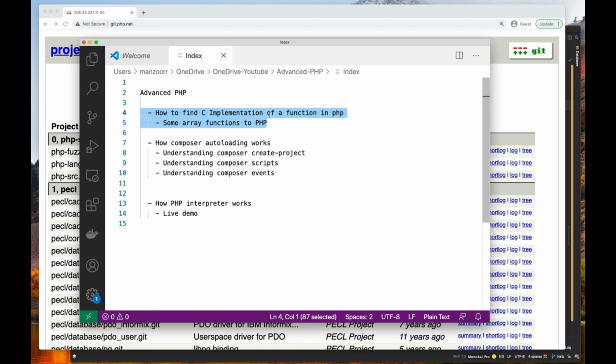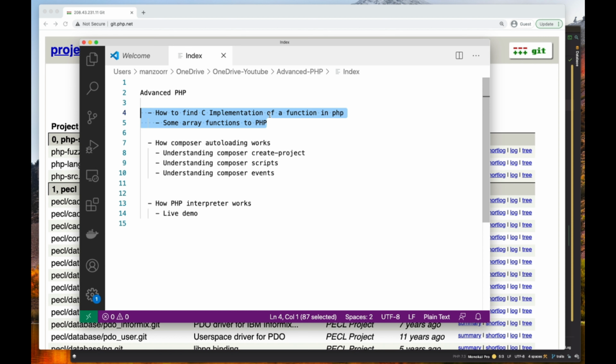We already know, and I'm sure most of you know, that PHP is a high-level programming language. The basic definition of a high-level programming language is that it is close to human language, so that we are able to program in this language easily, rather than in a low-level implementation. Most of the PHP modules are actually written in C or C++.